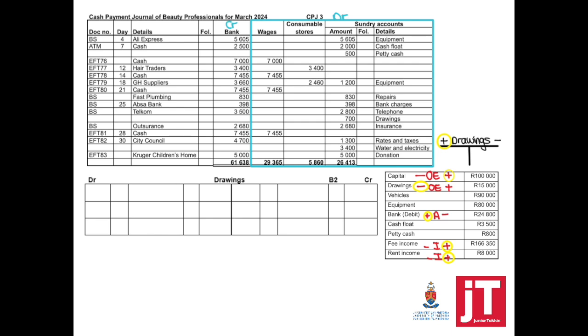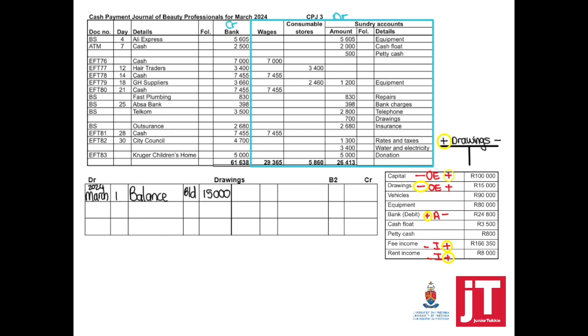Posting from the CPJ. The first account is drawings, which is account number B2. Drawings is regarded as owner's equity. It will decrease my owner's equity. But always remember, if you look at drawings, it will increase on the debit side, decrease on the credit side. If it increases on the debit side, it will have a negative effect on your owner's equity. So when we write the opening balance, think about it as well. D4, debit. We are going to have on the debit side, on the first day of the month, balance brought down